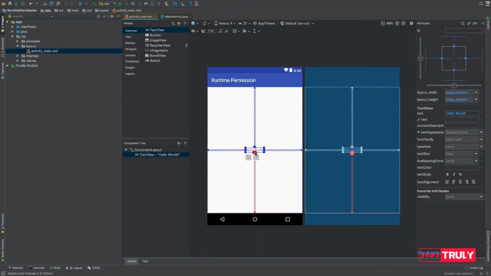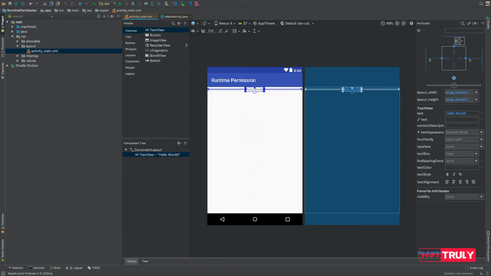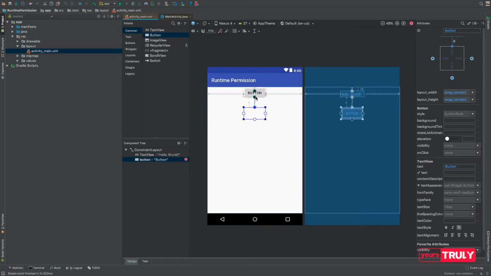Because it's just a simple application which will only tell you how to request runtime permission, we won't be looking into the UI much. Just a plain simple UI. A button here, we'll just constrain it to the bottom of our text view, and right and left constraints. The button text will be request permission,